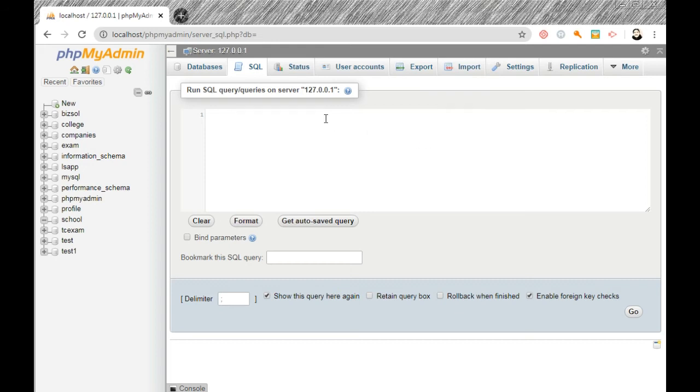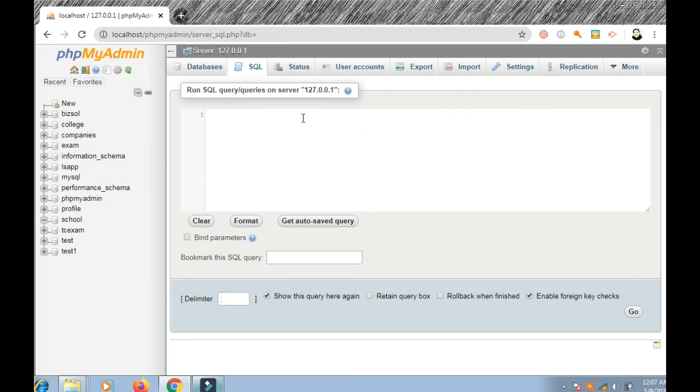Now we write use school database name and we insert 3 records. What is the insert statement? Insert into table name. Table name is student. Okay, and student has roll number and student has name.